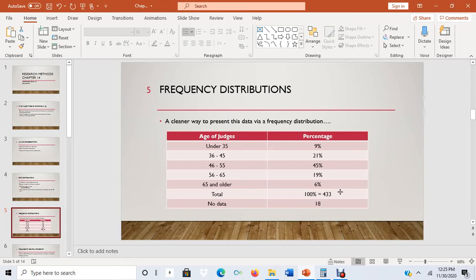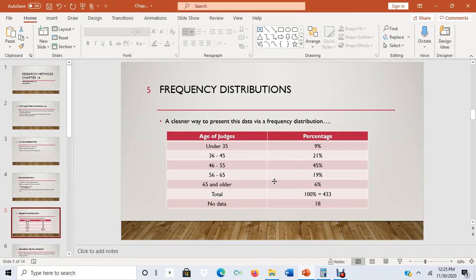So again, if we had ages of 433 judges, it wouldn't make sense to list all those ages individually. We could display them in a frequency distribution like this. Okay, so it's pretty straightforward. And again, we lose some detail here, but it's a lot more manageable. So we can also cross-compare. So we can say that,